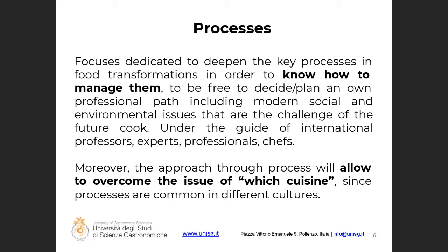Actually, also the course we had in the past, even if the title was The Slow Art of Italian Cuisine, actually was not a course about Italian cuisine, because we had 7 people out of 24 in the other edition that were coming from Asia. So necessarily they have to have interest. So we are not here to teach Italian cuisine,